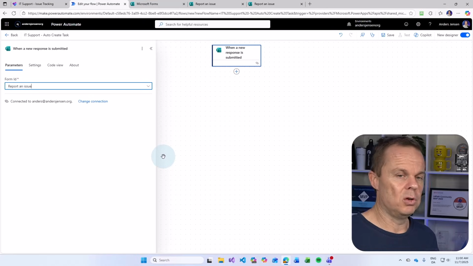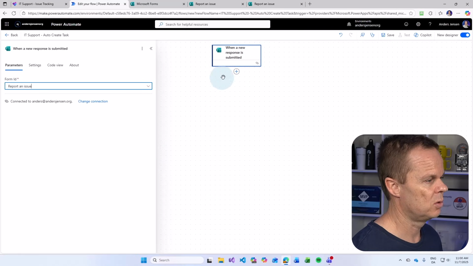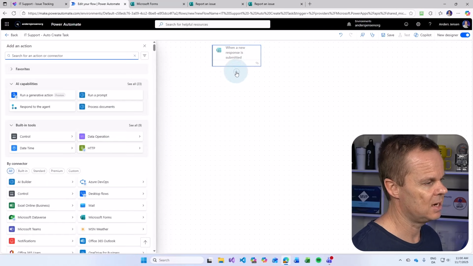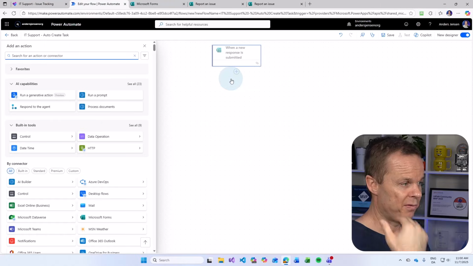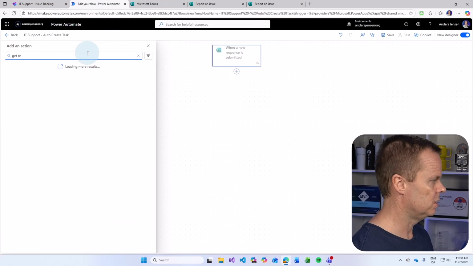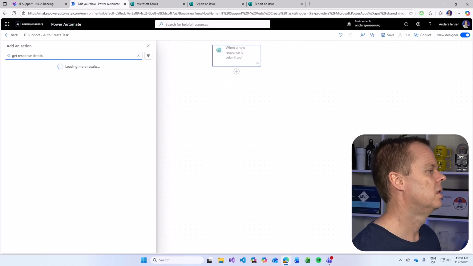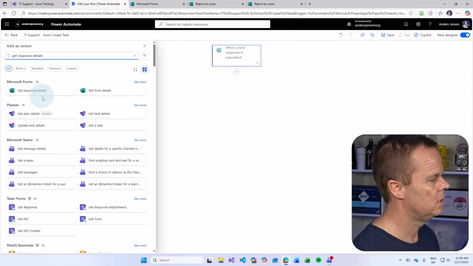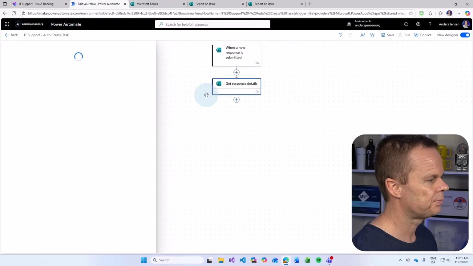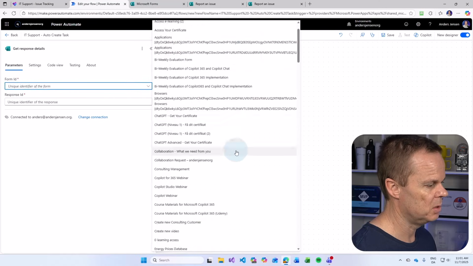So this is just a trigger. This will just start the flow. Then we need to gather the input from this forms. We will do that with the next action. So actions are performed in a sequence here. Here you will say get response details. And you will choose the one here in the Microsoft Forms. Again, we will say from which form ID do we want to look in. That will be the report